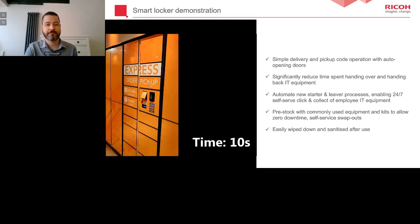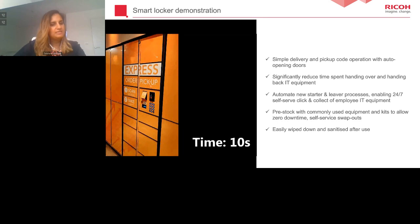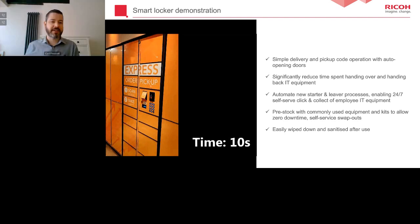Brilliant. And just another question that's come in as well. How long does it take to configure a locker from when we're going through that scoping exercise right through installation? So deployment and final installation at site. So the actual installation on site, or the process to get the machines to the point of being ready on site? Yeah,